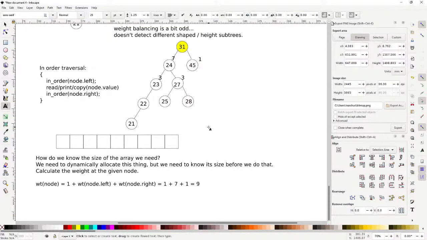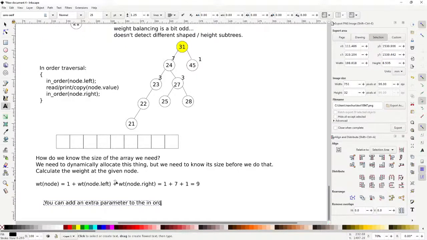To do this in-order traversal, there's a bunch of different ways to do it. I guess you could do a pre-order traversal too, but I'm just saying we're going to do an in-order traversal because of this, and maybe you'll agree when I explain it. The reason why I'm saying an in-order traversal is basically this. You can add an extra parameter